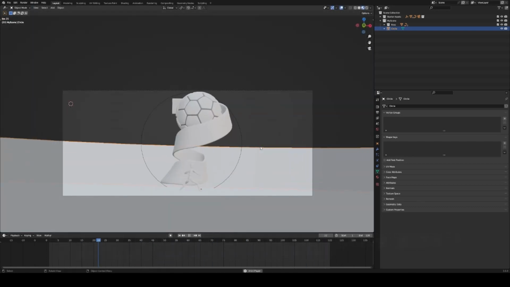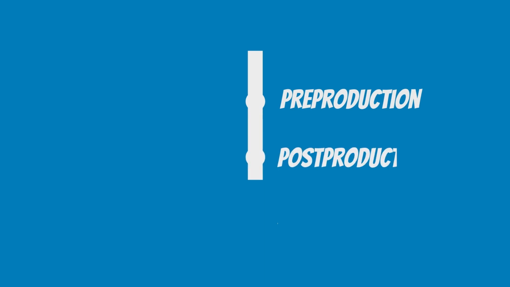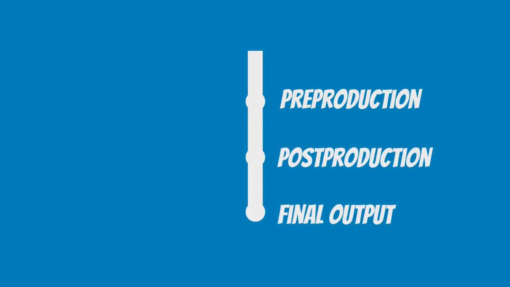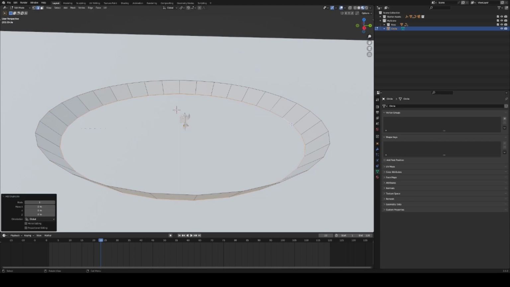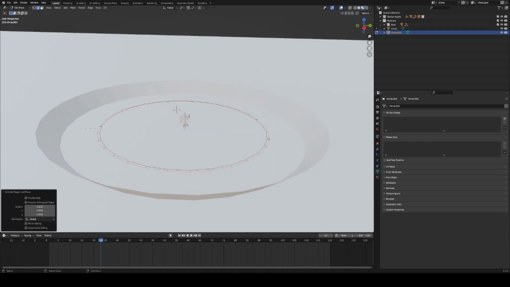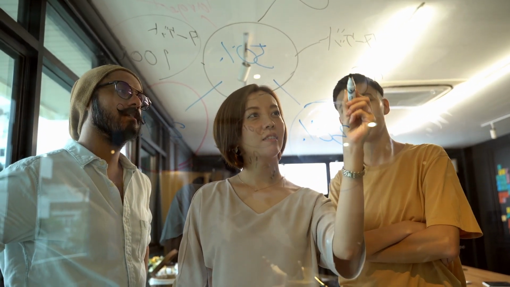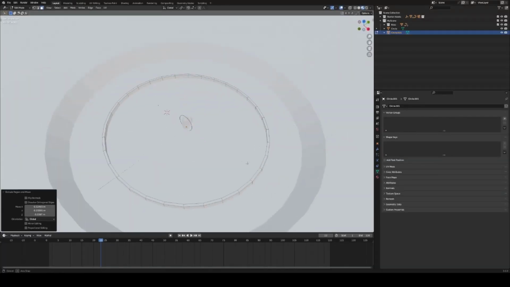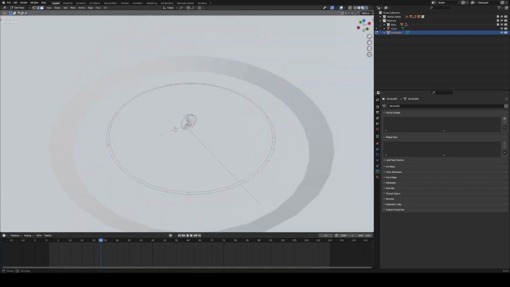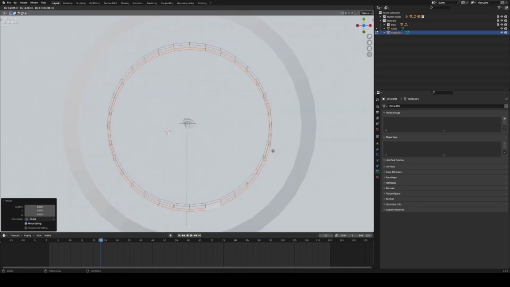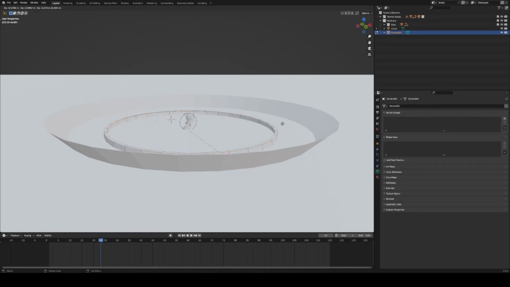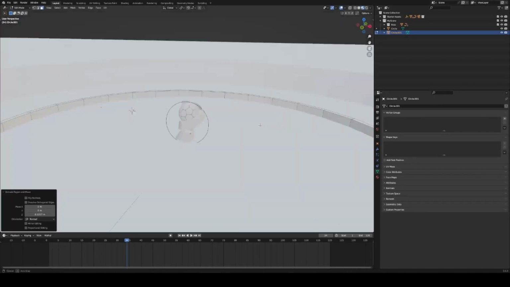The production pipeline has three main steps. You've got your pre-production, your post-production, then your final output. So in this particular video, I'm working on my pre-production, just kind of fleshing out my idea. The pre-production phase of the animation is where the planning stage of the animation process begins. It's where we determine the overall vision for the animation, as well as the specific details that we're going to create. The pre-production phase has many steps to it. The first being